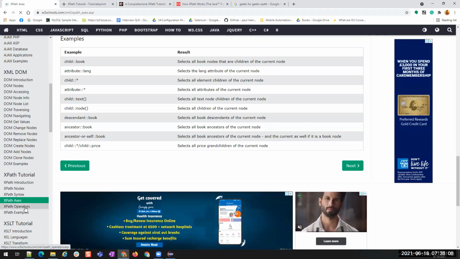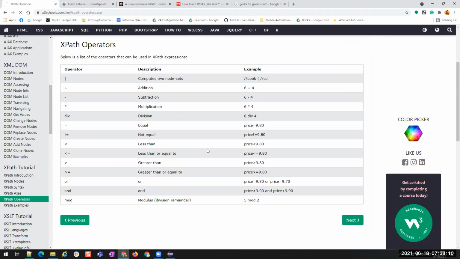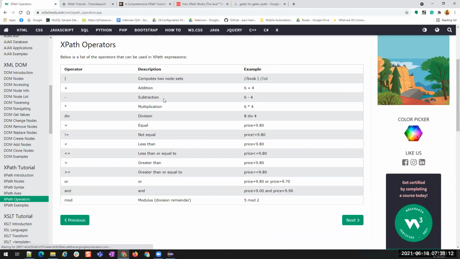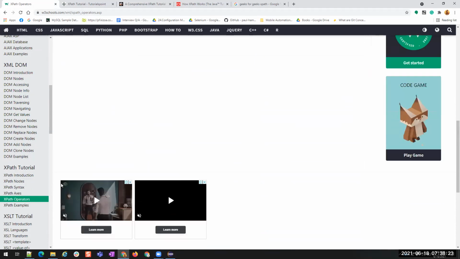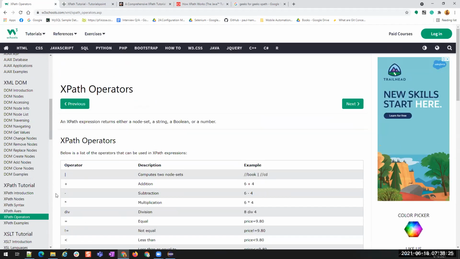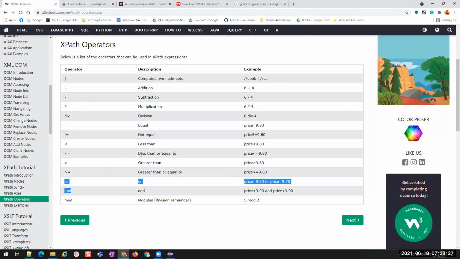And then we have some operators in XPath. These things we don't use anyway. These conditions we will never use. We might use this: and, or. That's all. Only these two we'll use in our Selenium. Okay, so here it will just give you what methods are there, what XPath you can write, those kinds of information, but it will never help you to get the XPath for a particular element.